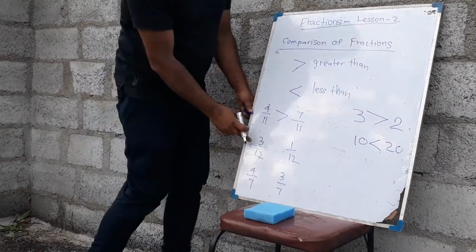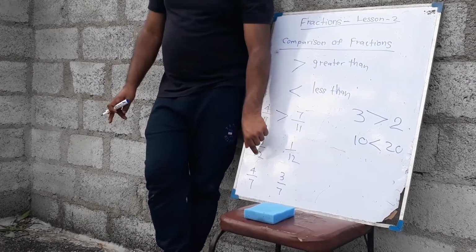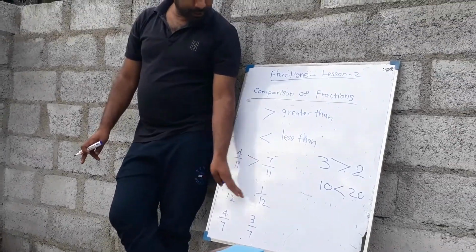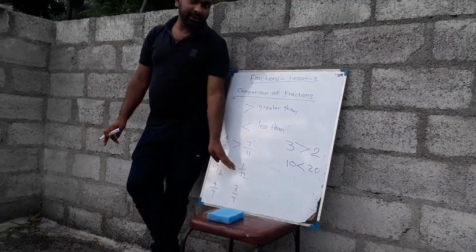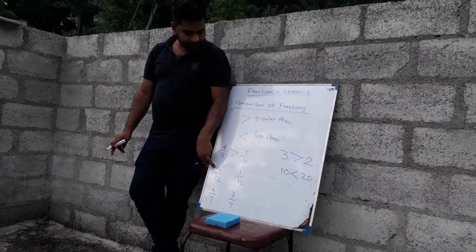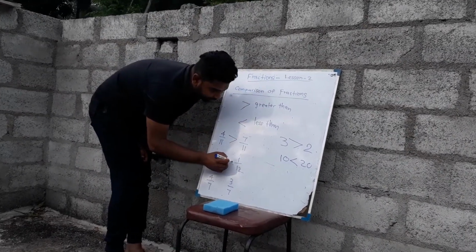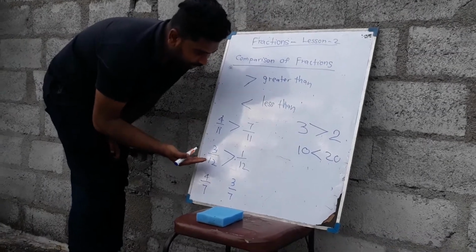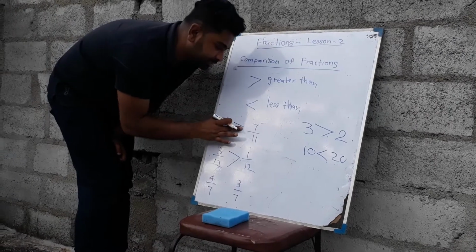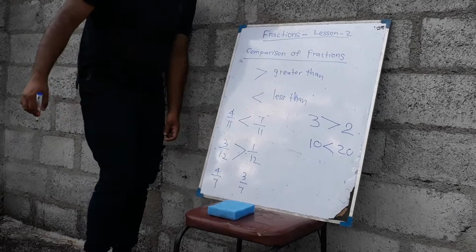Like that. Now consider this one. In this one, the fractions are 3 12ths and 1 12th, right? So the 12 is equal in both fractions, right? So if you consider 3 and 1, 3 is greater than 1, then you can put like this: 3 12ths greater than 1 12th. This is wrong children. So 4 is less than 7, then you need to put like this, right?